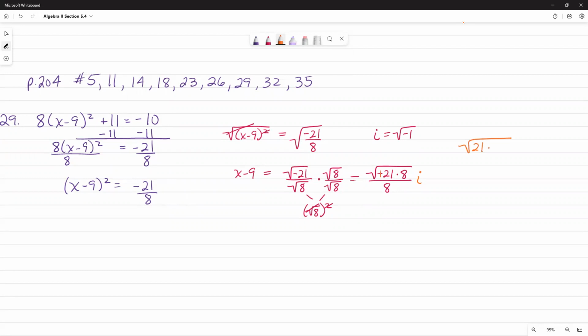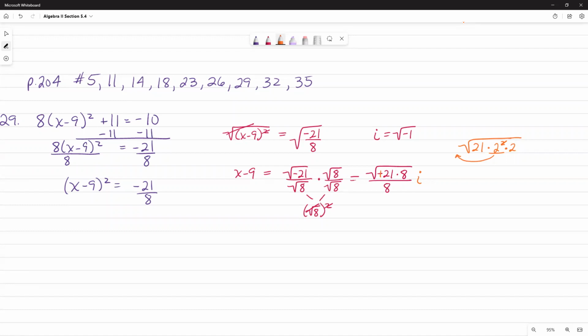I know that 8 is 4 times 2. So technically I've got a 2 cubed. But 2 squared can pull a 2 out of a radical, like the 2 squared cancels out the square root. So I'm going to write it like this for you guys right now. But just know for every even number you have in an exponent, you can pull that many of the root number out, which in this case is 2. So this gets canceled because of the square root,